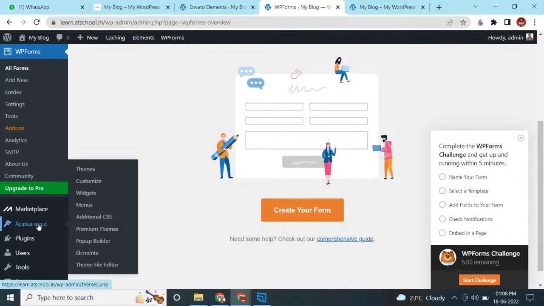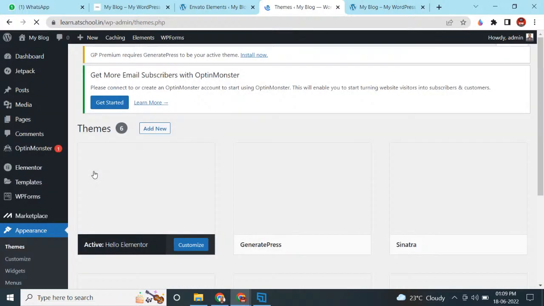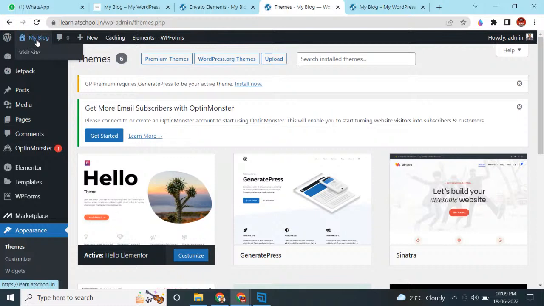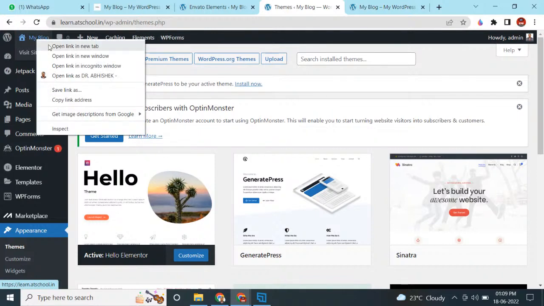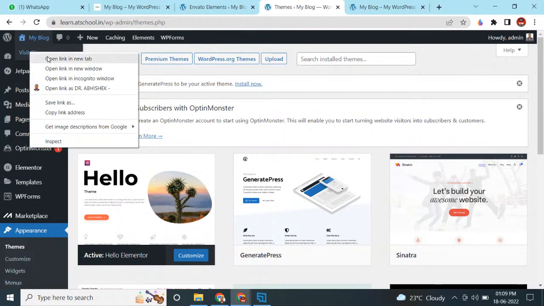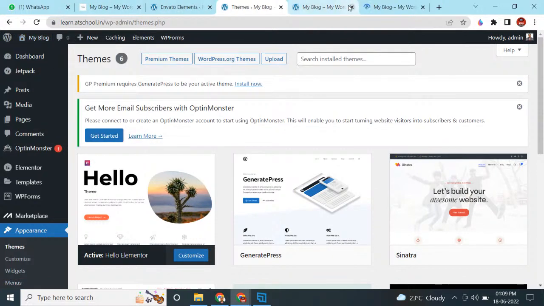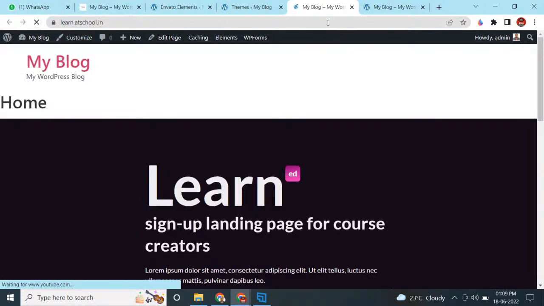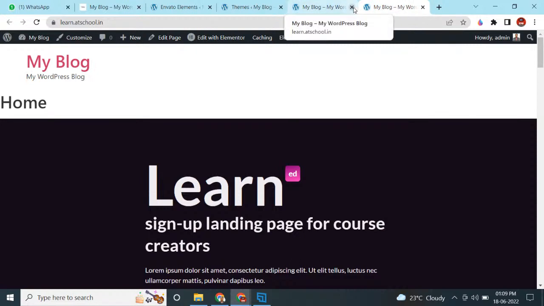So click on appearance, and then again click on themes. When you open this theme, you will see right here this Hello Elementor is installed inside your website. How will you check it? Right click on the visit website option and open in new tab. Or if you already opened the new tab, then just refresh it, and you will see this Hello Elementor web page is installed right here. Okay,